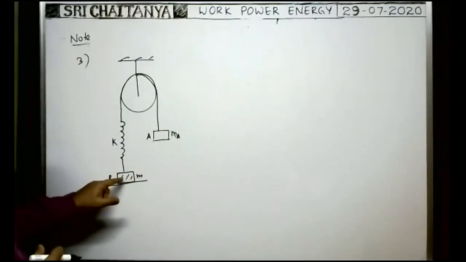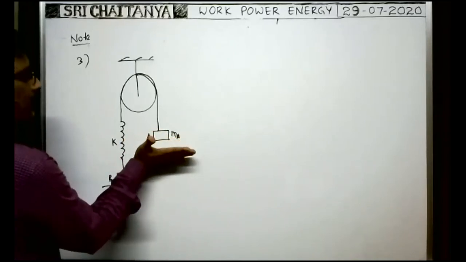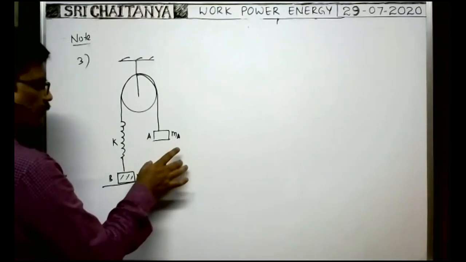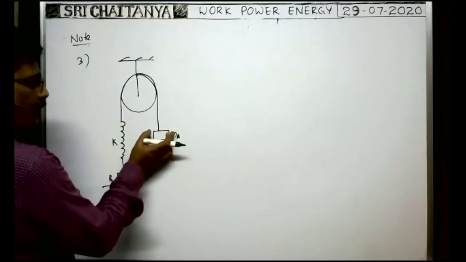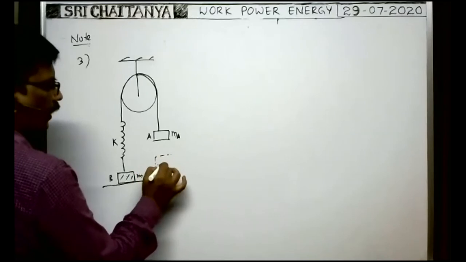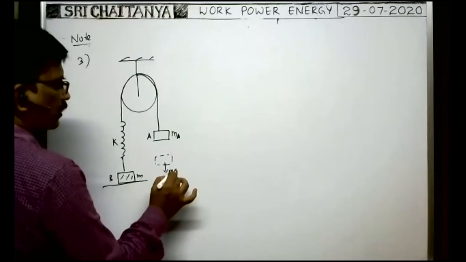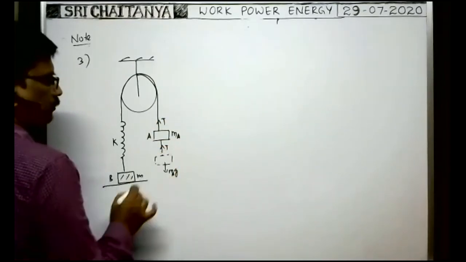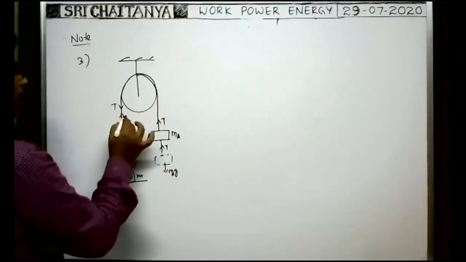Suppose the mass of this block is greater than the mass of this block. Then if you release slowly, the block is under equilibrium. Whenever the block is released here, the block comes down slowly, and when the block comes to this position, it is under equilibrium. The weight Ma g acts downwards, and the tension developed in the spring acts in this direction. The same tension is developed here. Of course, the tension and spring force both are equal.